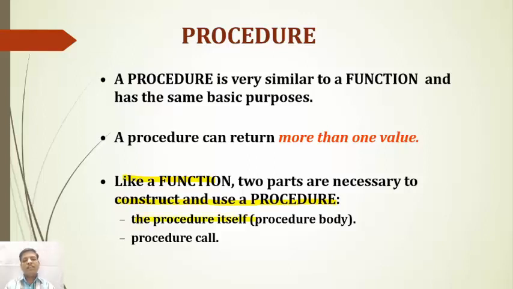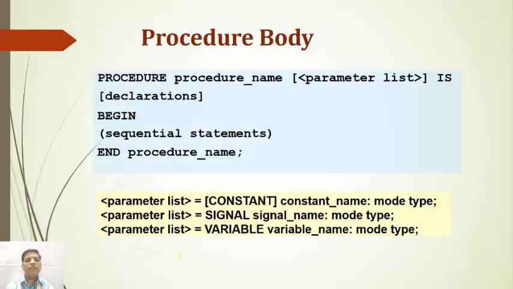The procedure itself, that is the procedure body, and second, the procedure call. Here, like a function, two parts are necessary to construct and use a procedure: the procedure body and the procedure call. Procedure body syntax: procedure procedure_name [parameter list] is, then some declarations, begin, sequential statements, end procedure